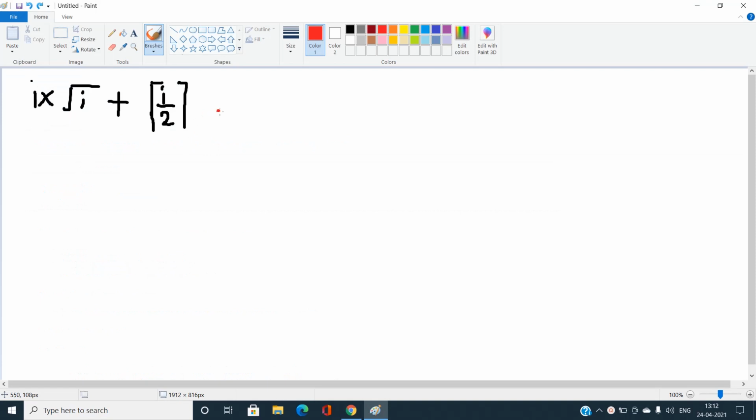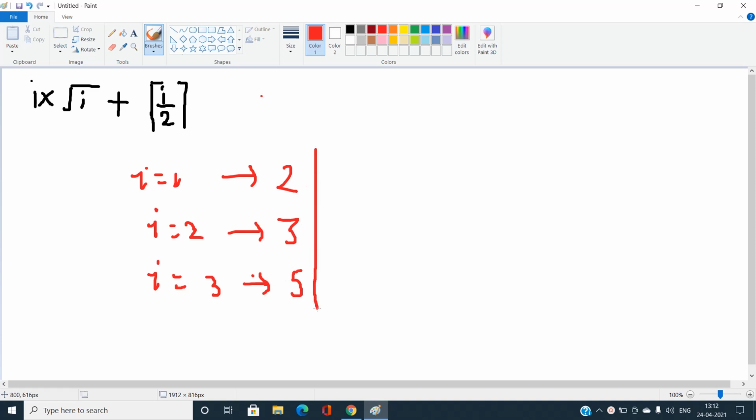Basically this is the function that gives us the value of how many times a particular integer will occur in my array. Starting from number 1, let's calculate the value. For I equal to 1 the value would be 2, for I equal to 2 the value will be 3, and for I equal to 3 it will be 5 times. Basically it means we will build an array starting from 1 in sorted order. For I equal to 1, integer 1 will occur exactly 2 times in this array.